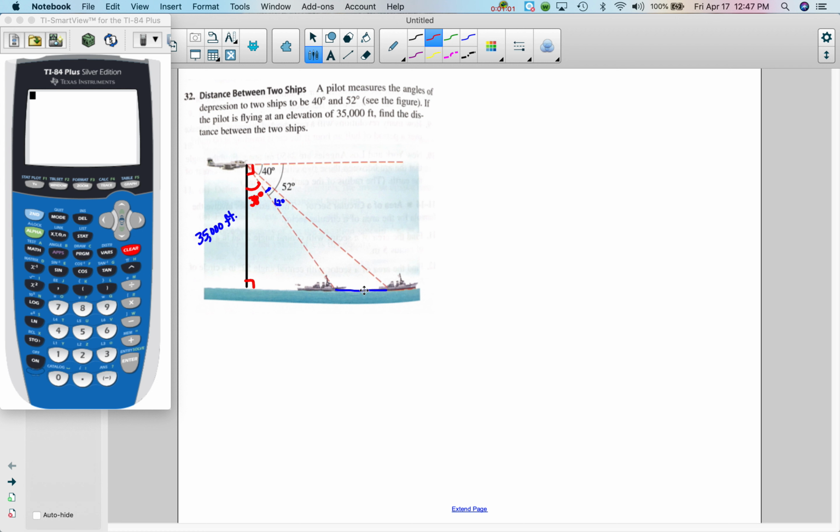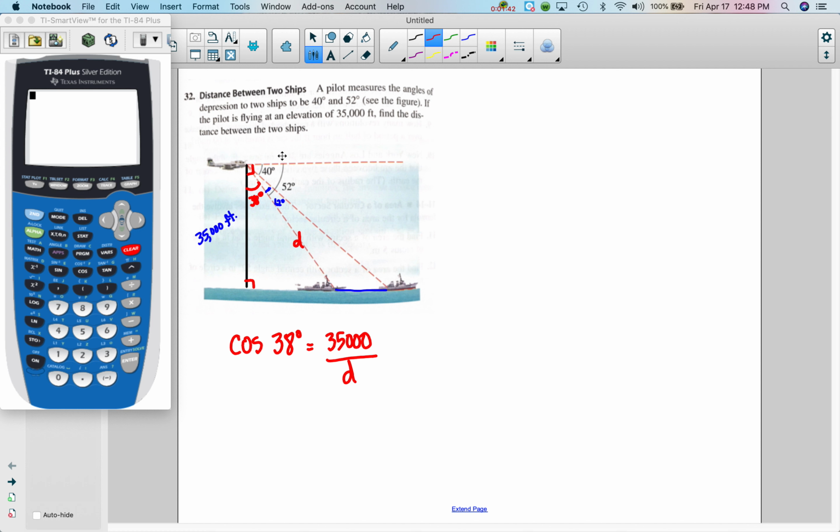Now this is a right triangle, so you can use SOHCAHTOA and find out this distance here. I'm just going to call it D. We can figure that out by using adjacent over hypotenuse. So cosine of 38 degrees equals adjacent over hypotenuse, so you can figure out what that is. And then we would know this angle here. Actually, I guess we would need to do something similar